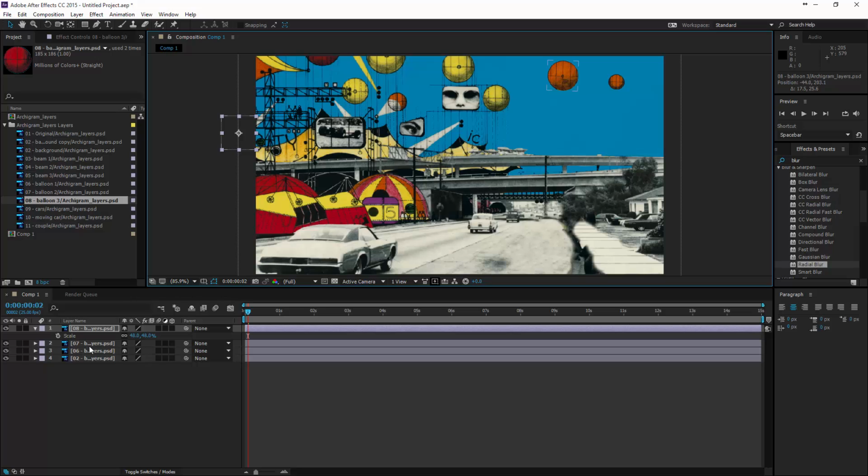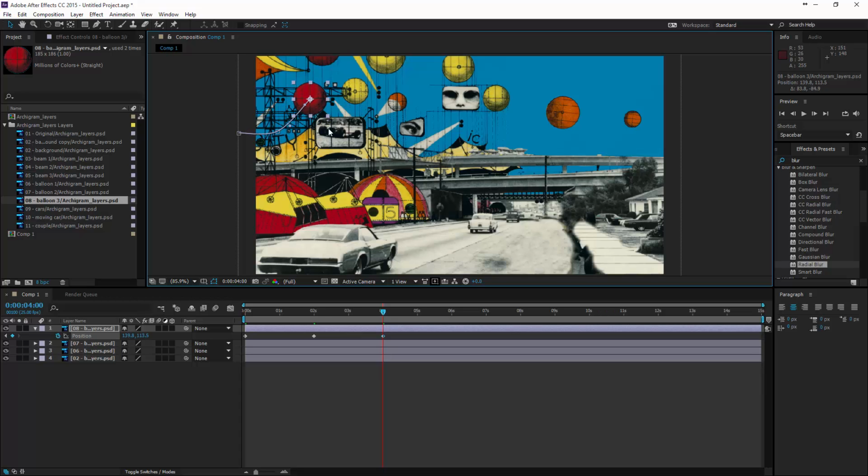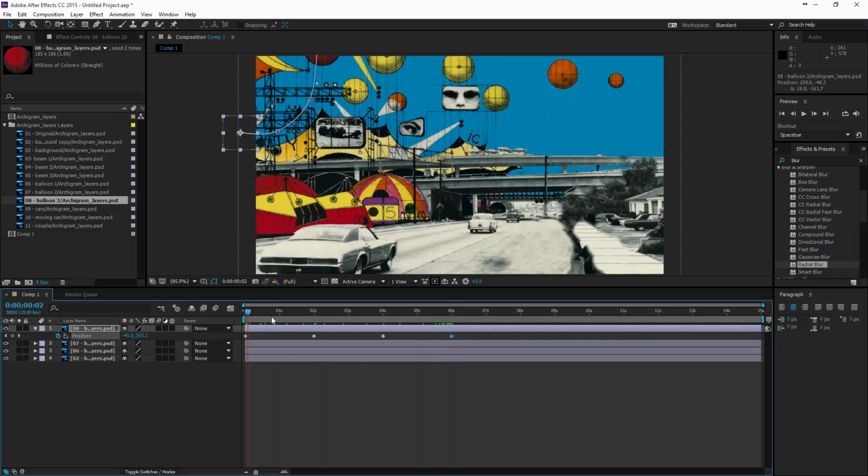So to do this, we just hit P for position. We're going to set our time to 0, click the stopwatch, and what we're going to do is come forward a few seconds to about 2 seconds, and we're just going to drag it to its new point, and we're going to do the same again at 4 seconds, and as you'll see, it's creating this arc. So we want to move it about the same distance each time,